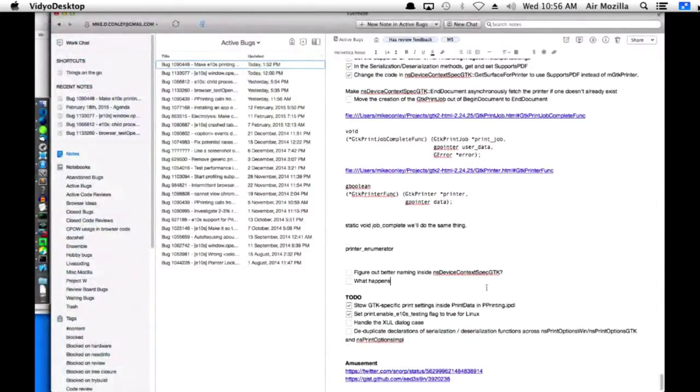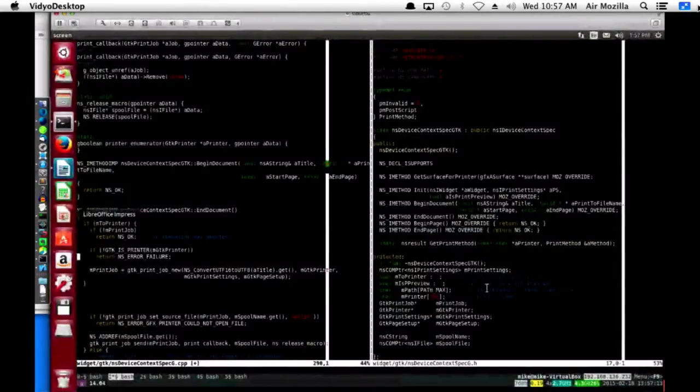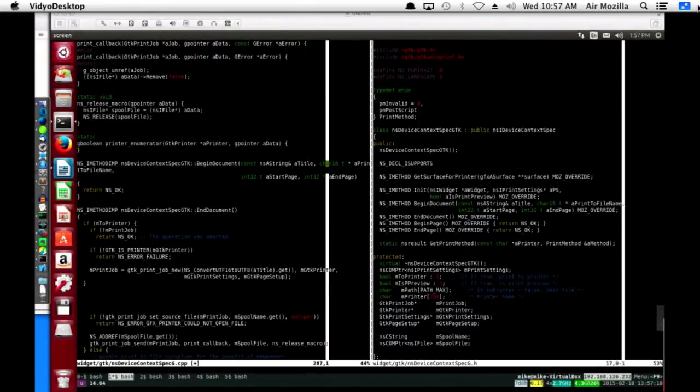What happens in the printer enumerator if we can't find the right printer, or the printer for some reason, how do we display this malfeasance to the user? I don't know if that's the right terminology, but it's the one I'm using. All right. So tore that out.